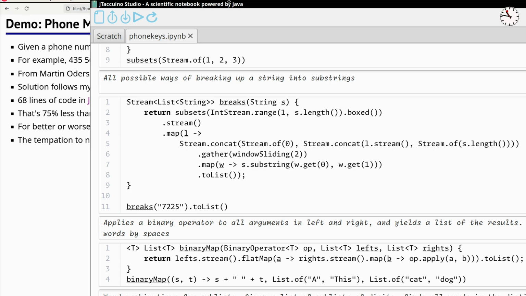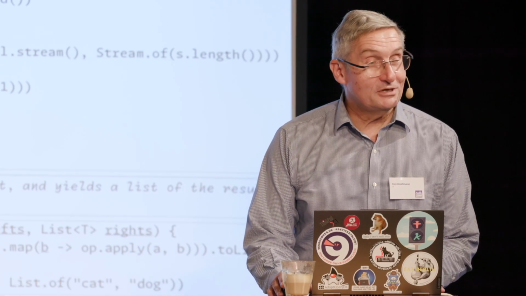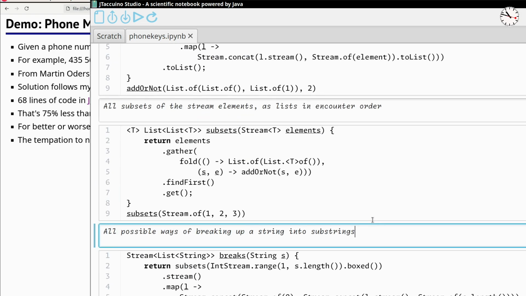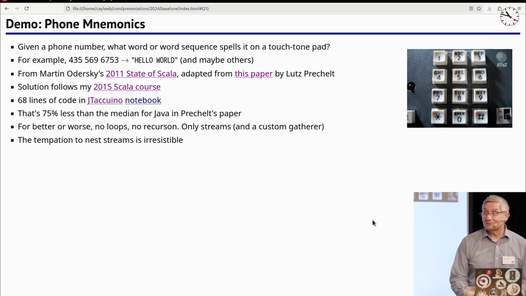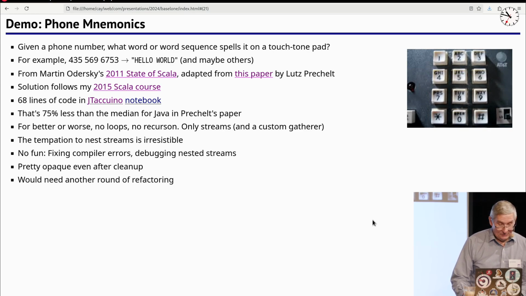And the sad thing is, when I try to do this, the temptation of nesting these streams was irresistible. I said, oh, I can just push this along just a little bit longer. And so I felt in the end the solution was kind of ingenious. It was actually shorter than the Scala solution, to my surprise. But it was also, I felt, even with my best efforts of breaking it up into 10 subtasks, still not broken up enough, and it would need one other round of refactoring. And it was not fun to stare at the compiler errors in the process, because every time I made some dumb typo, it was just not good.